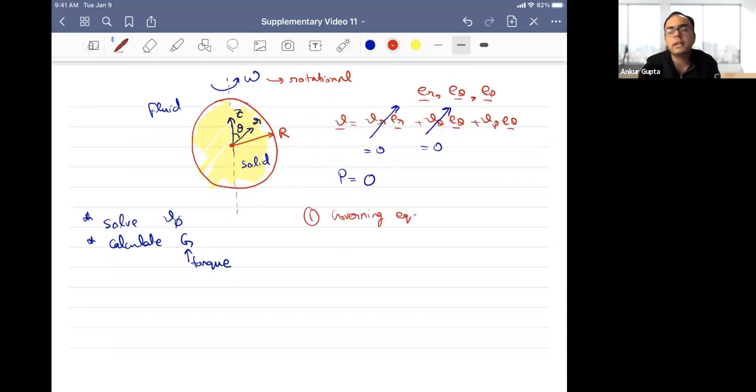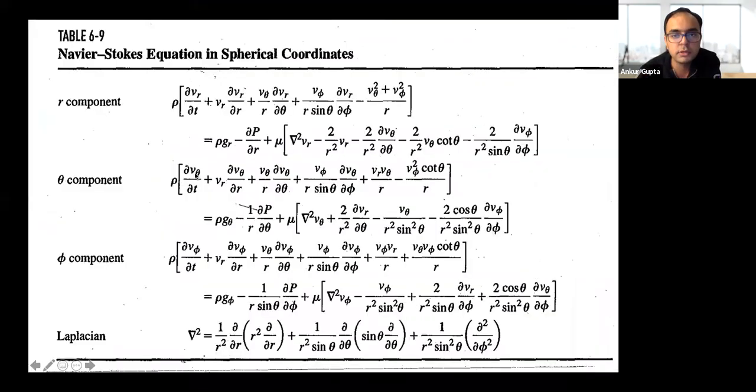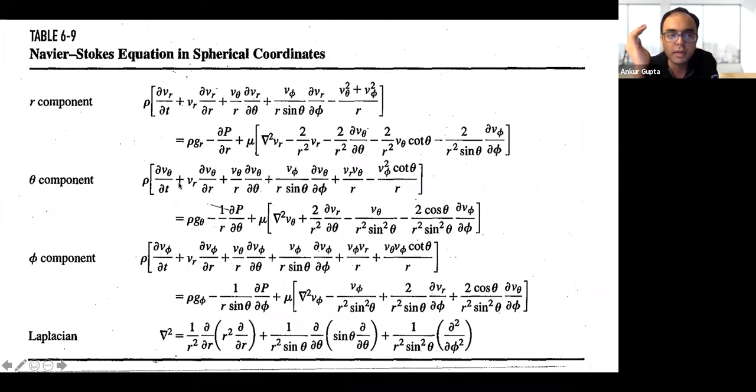Okay. And I'll go through the table given in the book. This is something you have to get used to, and that's why I'm not going into detail in this video, because you can see there are a lot of terms in this equation in spherical coordinates. You can see the r component, theta component, phi component. We are not bothering about the r and theta components, but you have to see that they also have a v_phi, and so on. So we'll have to prove them to be 0.